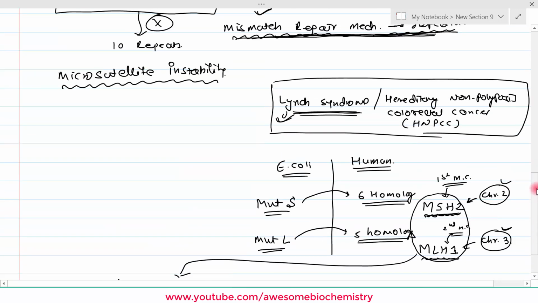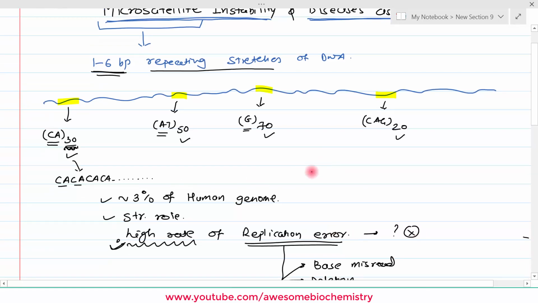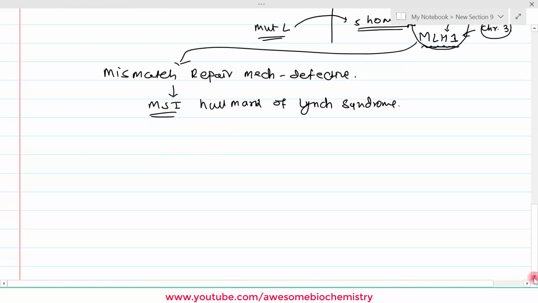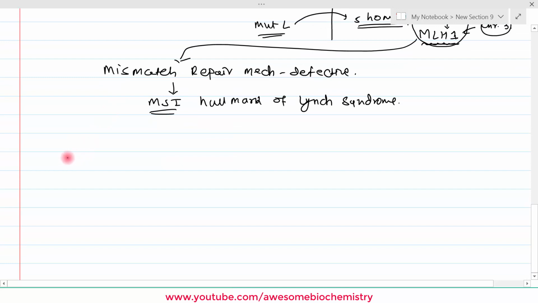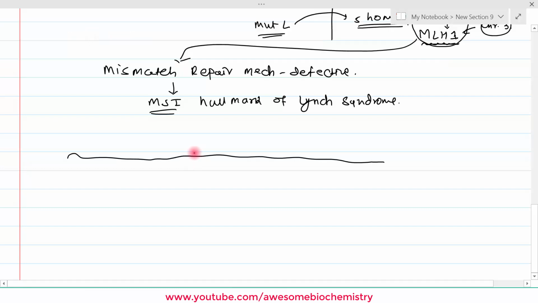One thing I forgot to mention about microsatellites is that they have a 4th characteristic: they are generally never transcribed. That means they do not create any new RNA or protein. So ideally, theoretically, this should not lead to any disease process, right? But what happens in Lynch syndrome particularly? Suppose this is the human genome. There is one set of genes which gives rise to proteins that are cell cycle regulators.